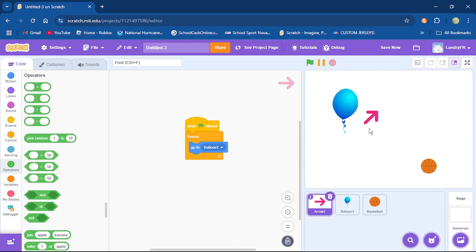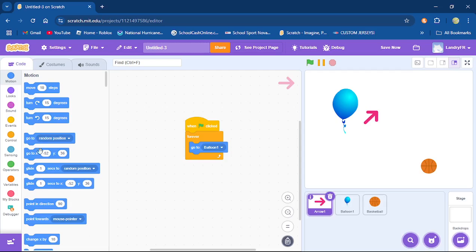But the position of your graphic is usually somewhere in the middle of the graphic, and it's going to try and bring that there to the middle of the other graphic. So it was trying to go somewhere here based off of this part of it. All you would have to do, if you want it to be perfectly centered, is play with the X and Y values. And so that's the next part we're going to talk about.